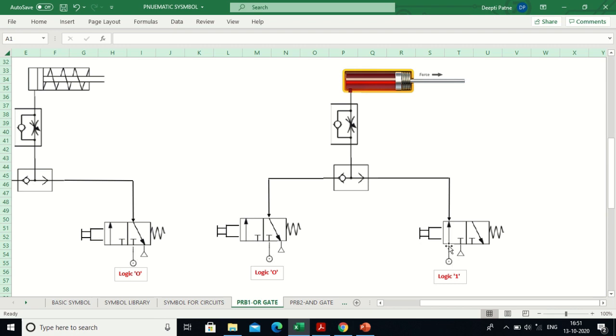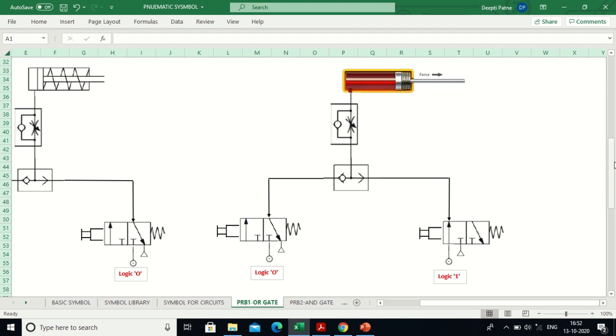My supply is now connected to it. Because of the supply, the air will pass and it will move the shuttle valve to the other side. Since there is no opposition to the air there, the air will go into the single sided cylinder. As it goes into the single sided cylinder, it will compress the spring and thus force the piston to move out. The piston movement taking place will be considered as the logic 1 condition.